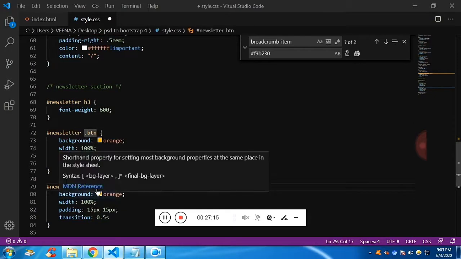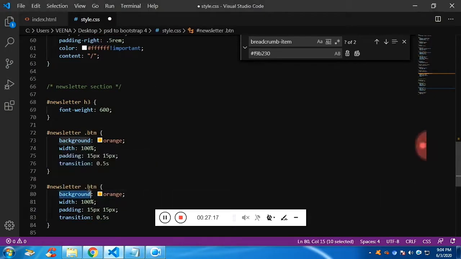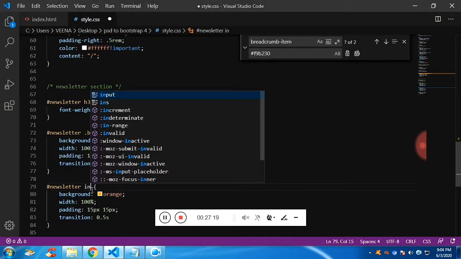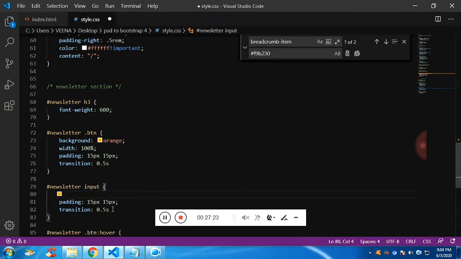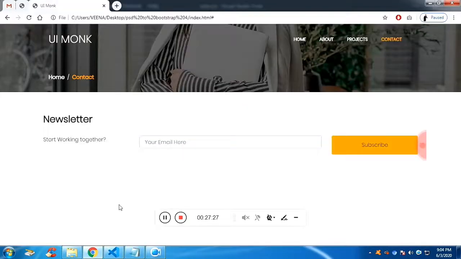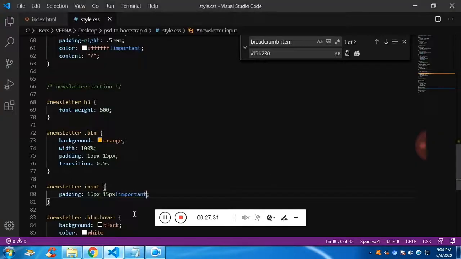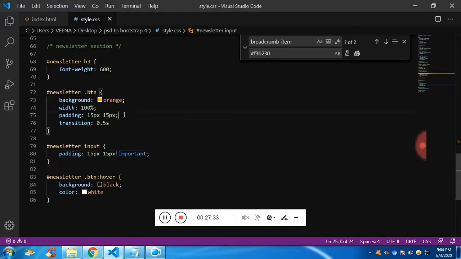Now let's give the input field padding so that it fits the button. That doesn't fit. Let me remove the padding.